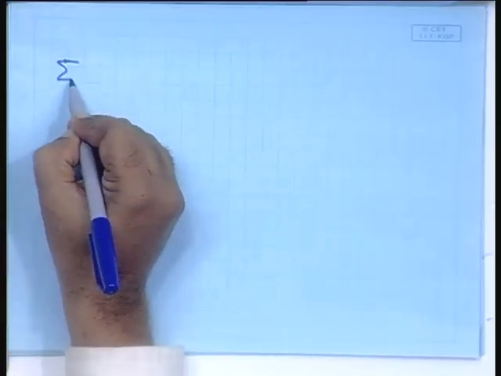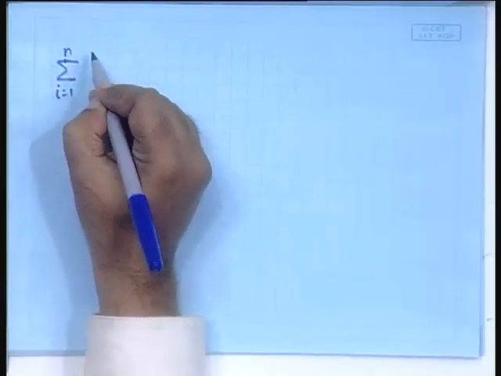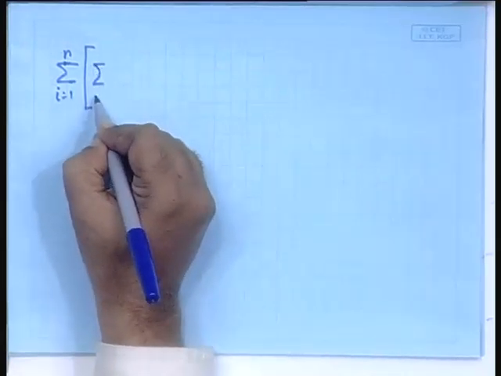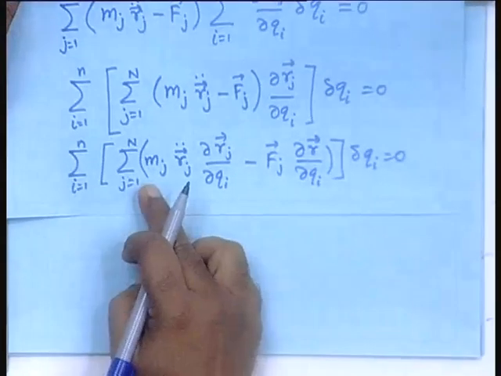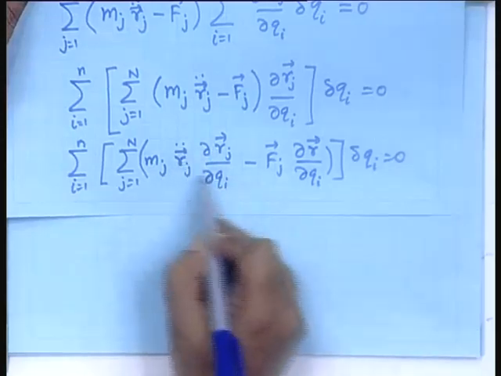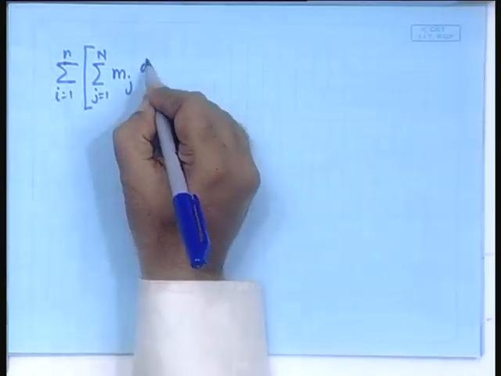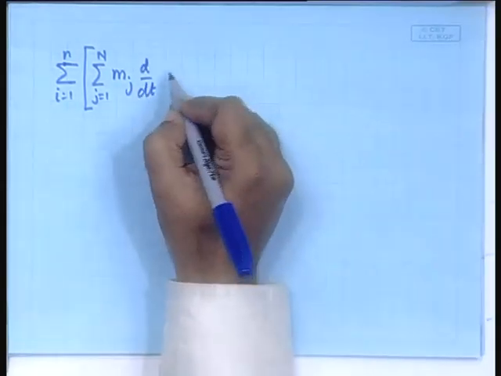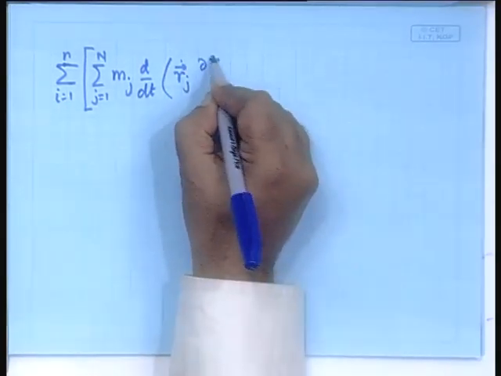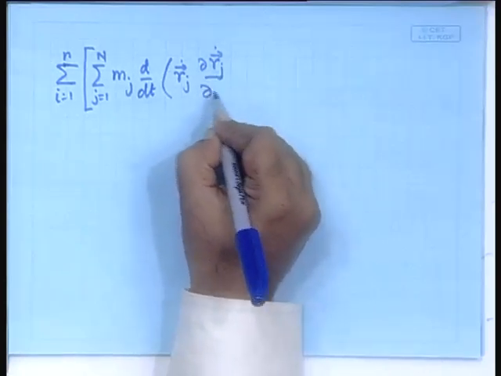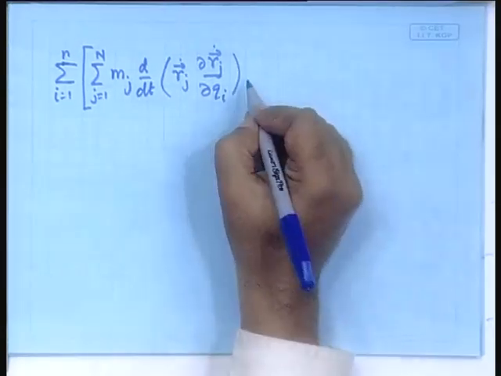Let us start from the further left-hand side because it will be rather large. i is equal to 1 to small n, then we have a bracket, then it is in terms of j is equal to 1 to capital N. This is what we are writing: m_j, then this is substituted. So, it will be m_j d/dt of r dot_j ∂r_j/∂q_i, fine, minus,